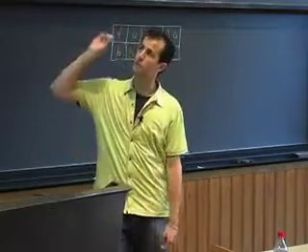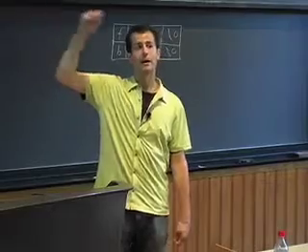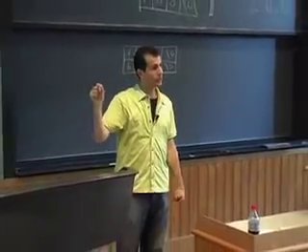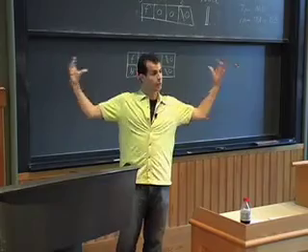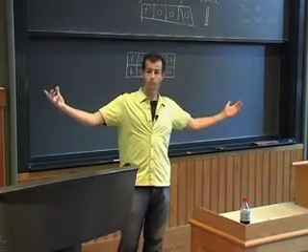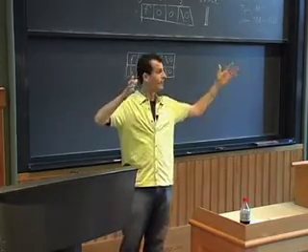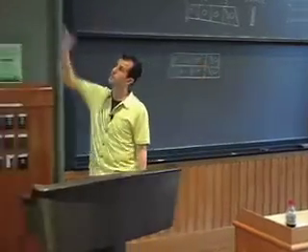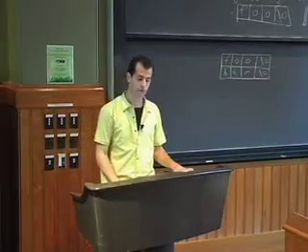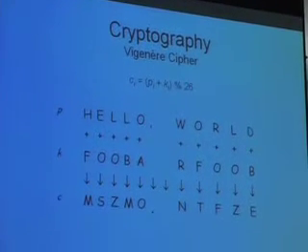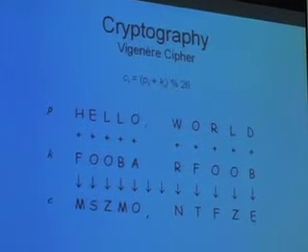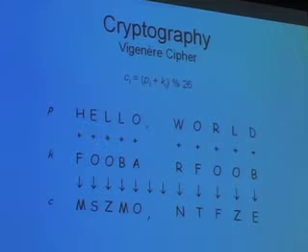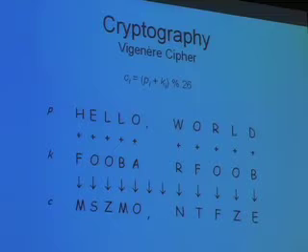The idea then is that you rotate each letter in your plain text by a different letter of your key. But obviously, if your plain text is longer than your key, well, you don't want to just stop. Otherwise, you'll have encrypted just the first 3 letters of your plain text. But rather, you repeat the key again and again, as many times as it takes to repeat this process. So suppose that our plain text here was hello world. And suppose that our key was foobar, F-O-O-B-A-R, no spaces. It quite literally is a key word. Well, the effect of that, if we apply Vigenère cipher, is to add the value of F to H. So we have A, B, C, D, E, F.